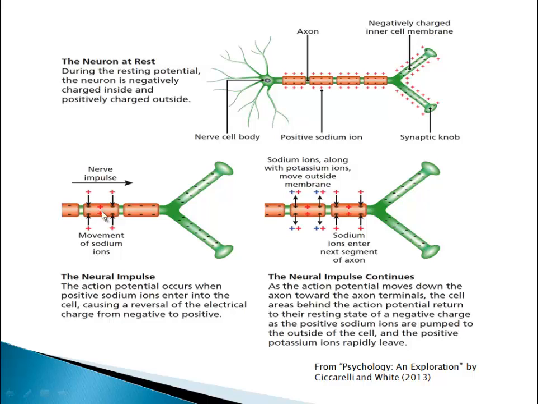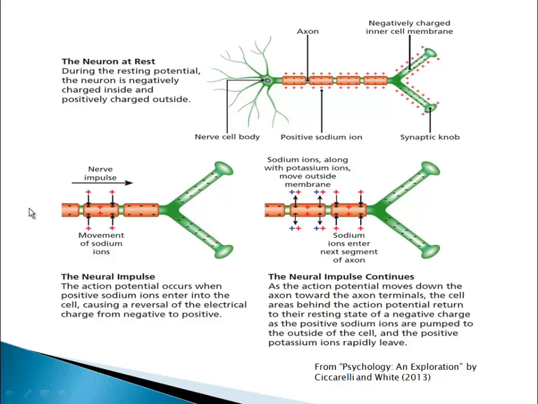And what happens eventually when it gets too positive inside is the potassium leaves. And once the potassium leaves, then the sodium channels shut down, and the potassium then is brought back in. The sodium is thrown out, and we're back to resting. Now, this looks like it's happening through the myelin. This is not the best diagram, because it's not happening through the myelin. But it is happening, for instance, in these nodes here. Where it's insulated, you're not going to have any change. You're only going to have a change where the insulation is broken, right along here.